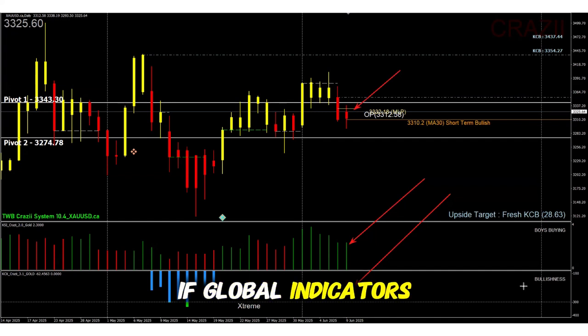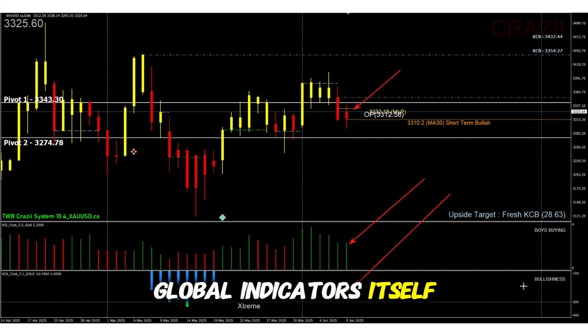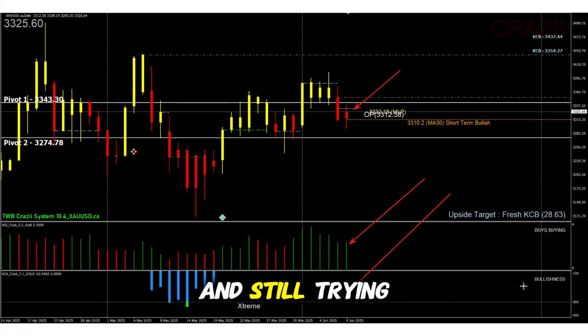If global indicators were workable, then seriously, you wouldn't need people like me around. If global indicators were so feasible, there wouldn't be 300 years of people losing money and still trying to find a way, while we can put people on Mars very soon. So let me explain how our indicators work. Number one, the indicator doesn't dictate the direction of the market. When the KSI is green, it basically tells me that the boys are buying.